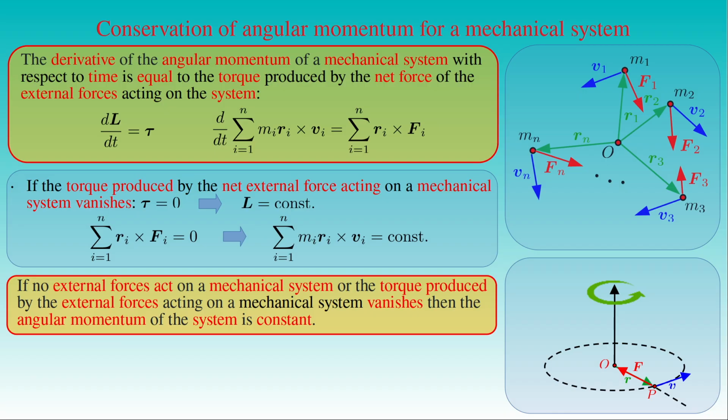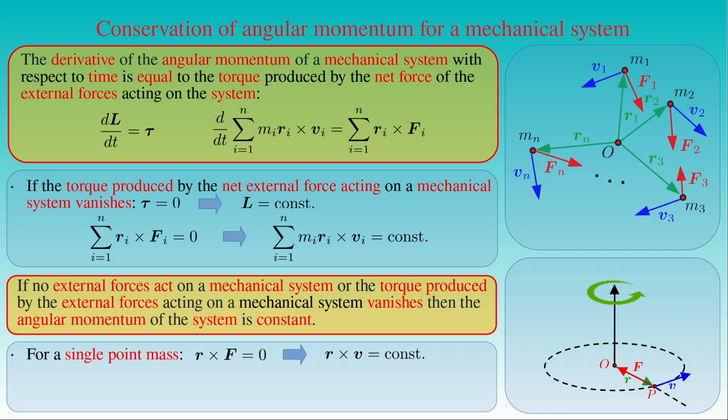Then the law states that the cross product of the position vector R and the velocity v of the point mass is constant if the cross product of its position vector R and the force F acting on the point mass is equal to 0. This statement is the reformulation of the law of constant areal velocity, which we already proved in the discussion on elliptic and planetary motion. We saw that the law of constant areal velocity is related to central forces, that is,